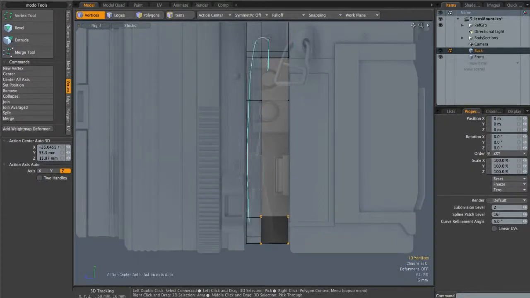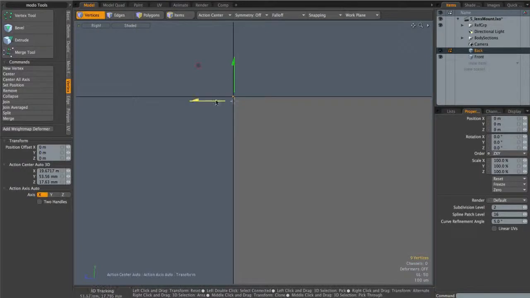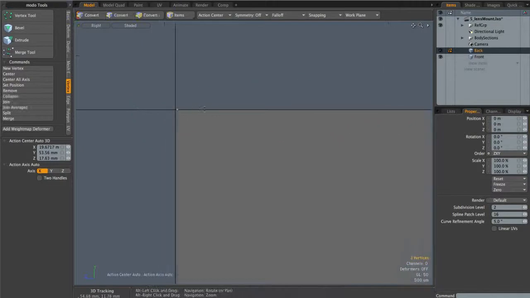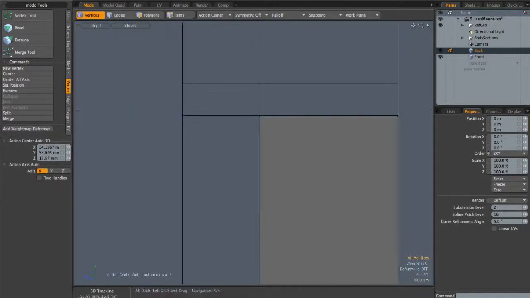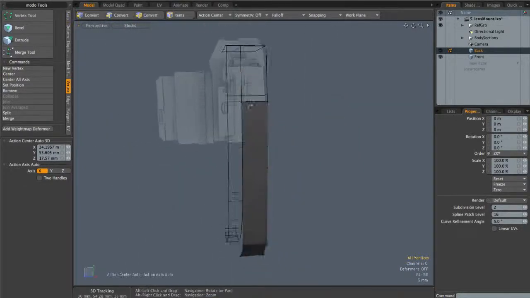I'm going to grab this entire front edge, zoom right in, and move this back just a tiny little bit, like that. I'm going to do the same thing for this top edge, and this just adds a tiny bit of a gap between the two objects and kind of aids realism a little bit. So with that tiny gap in place, I'm going to go back to perspective mode,